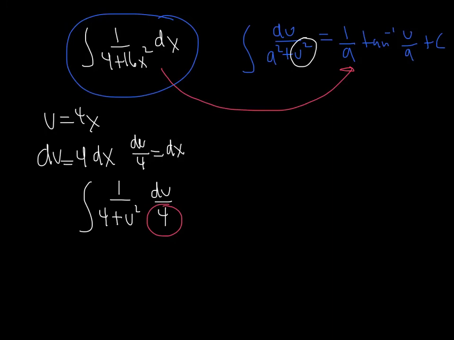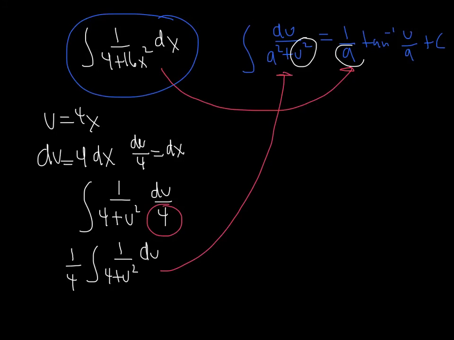So we're going to pull out the 1/4 here, and we have an integral 1 over 4 plus u squared du. And now we have basically it matched up exactly with what's on the table of integrals. And so now we can basically match it up. And you can see that a is simply the square root of the constant that's being squared, and u is the square root of this. So we end up having